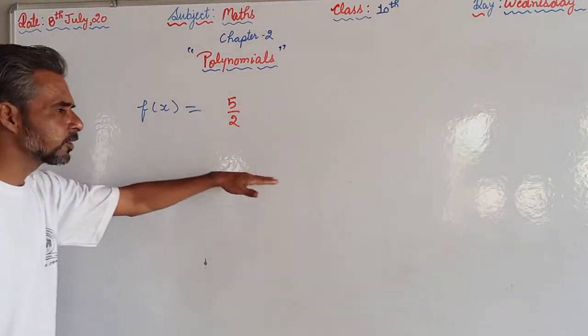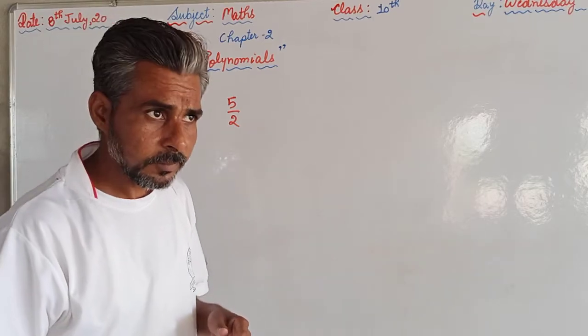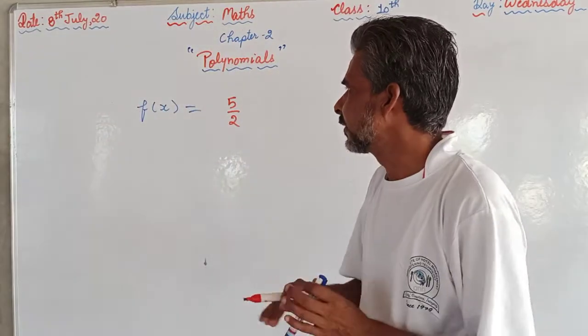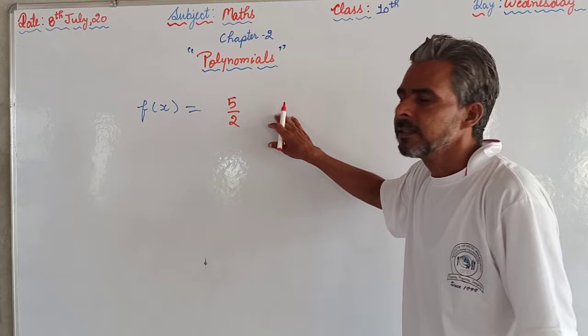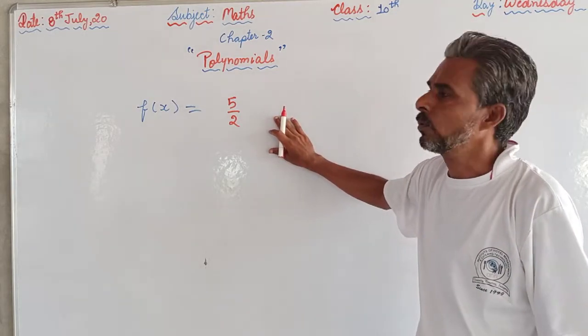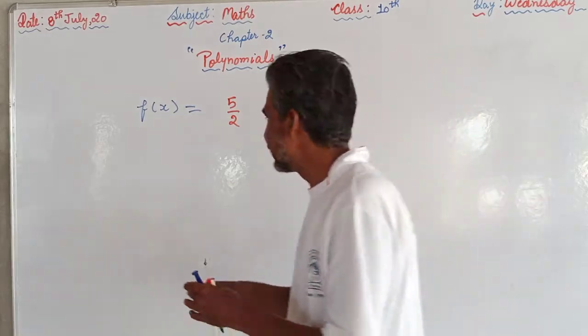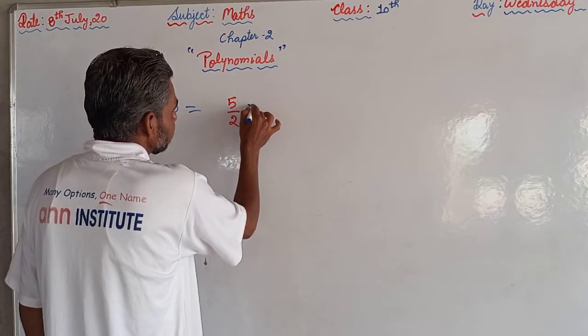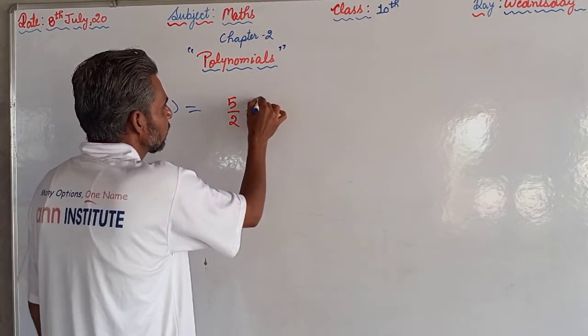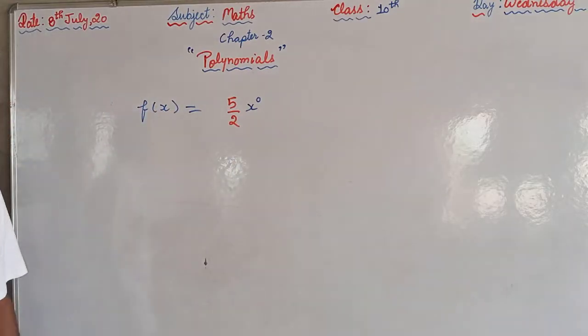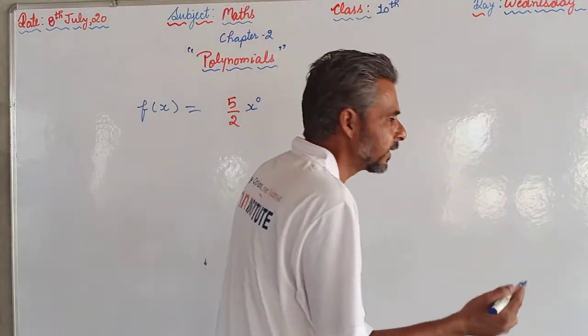Now whether it is a polynomial or not, some of you will think that this is a function of x and here there is no x, so this is not a polynomial. No, this is also a polynomial. We can insert the x here with power 0, and you know, if the power is 0 of anything, suppose